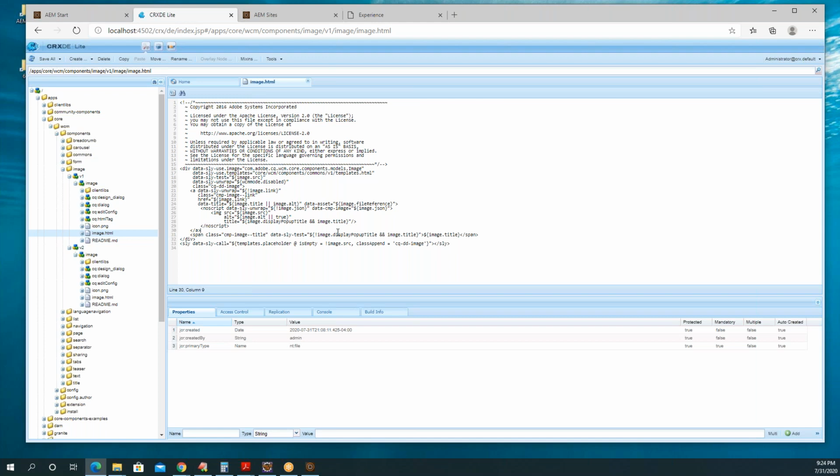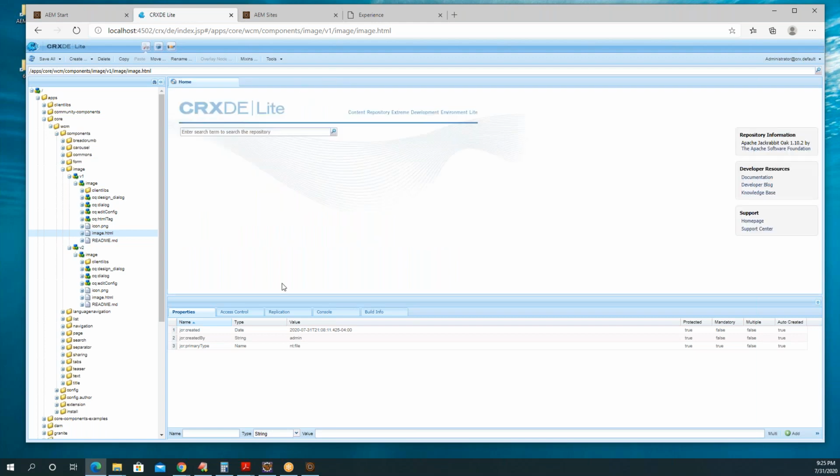So it is actually a model class, a Sling model. All the core components are using Sightly and Sling models. Now close this image.html. So this is about your core components. We'll do some exercises going forward. Close these core components.